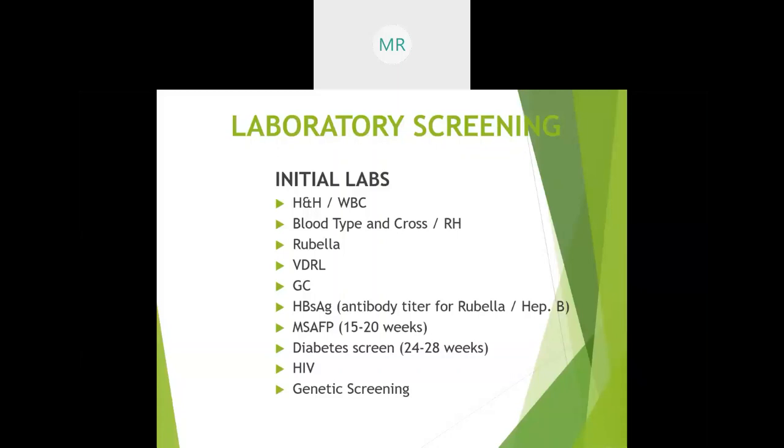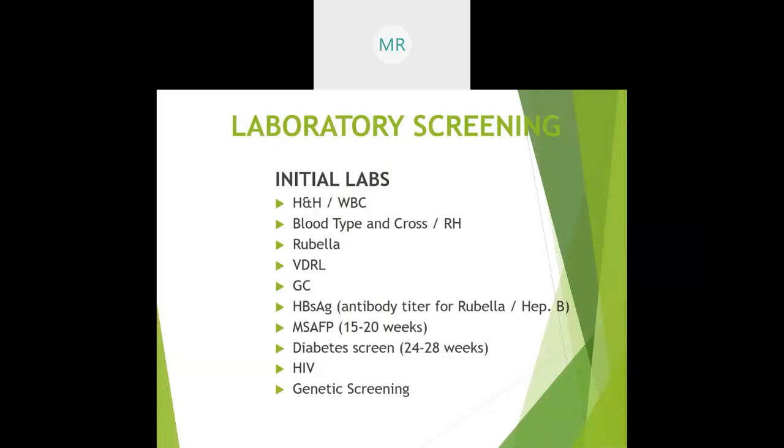Any of these levels, if 2 or more of these levels are higher, then she will be positive for gestational diabetes. So when there's a diabetic screen for 24 to 28 weeks, we do a 1-hour glucose tolerance test. And if that one is positive, then that's the only time that we go and do the 3-hour glucose tolerance test, because we want to see if mom at this point is positive for gestational diabetes or not. Okay, then we can also test her for HIV